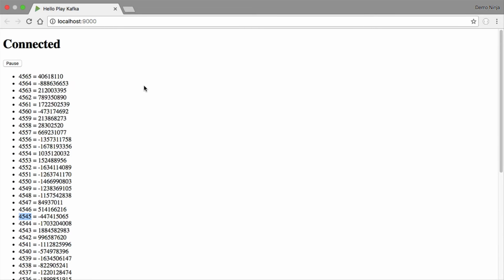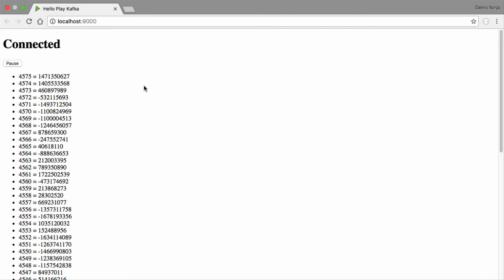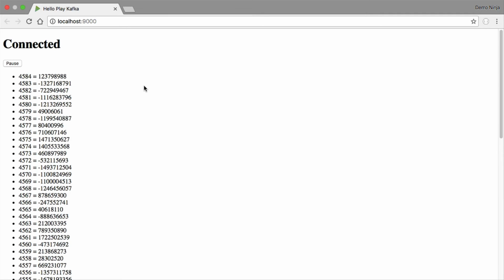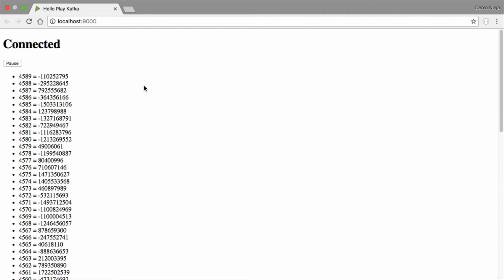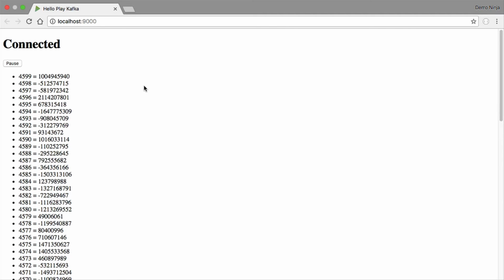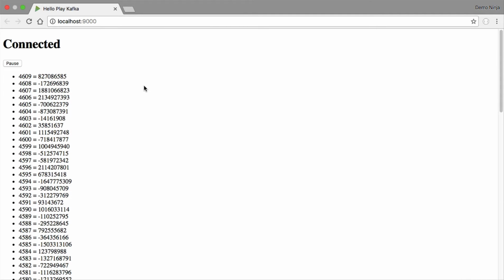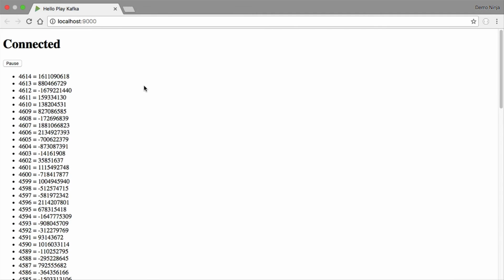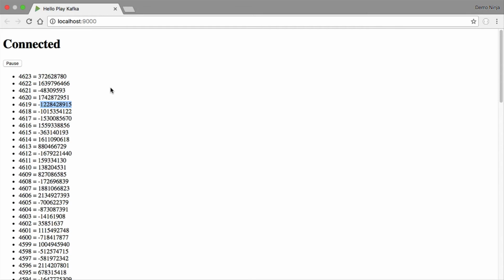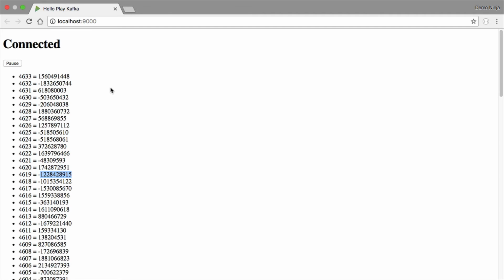One thing you may notice is that all these numbers are unique. What that means is that in this case I only have one partition, or I'm only subscribed to a single partition. If there were multiple partitions, we'd be seeing duplicate values in those sequential IDs, because the numbers are only unique within a given partition. When I created my topic, I only created a single partition. And the second value here is the actual message value, just a random number. So it's a very boring data set.